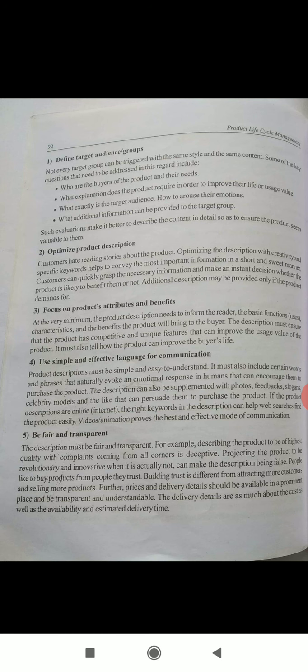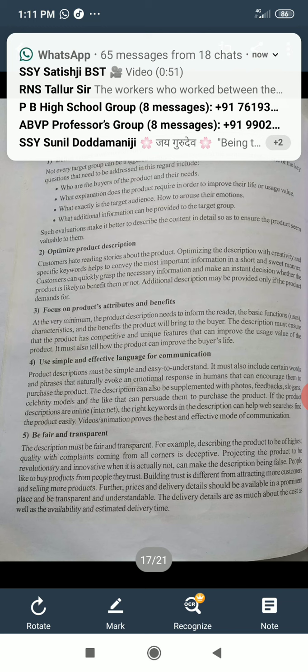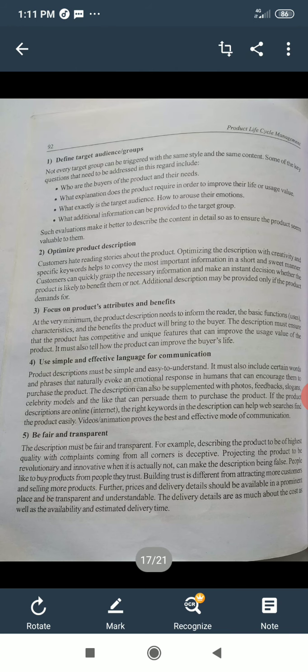Building trust is different from attracting more customers and selling more products. Further, prices and delivery details should be available in a prominent place and be transparent and understandable. The delivery details are as much about the cost as well as the availability and estimated delivery time.